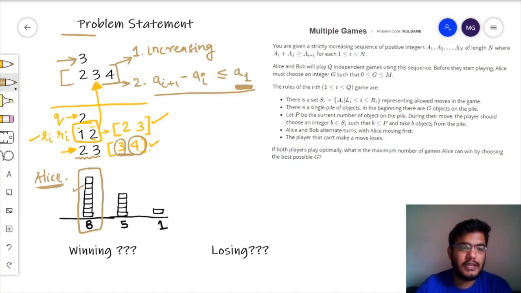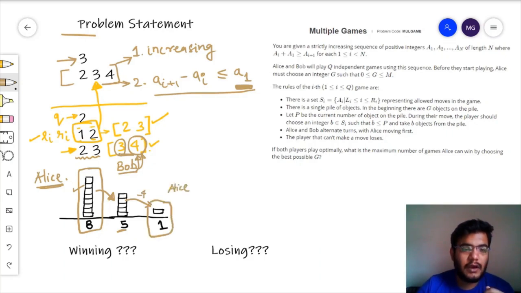Suppose that he removes 3 objects. Now in the next step, the number of objects remaining in the pile is 5. And now it's Bob's chance to play. Similarly for Bob, there are also two possibilities. Either he can remove 3 objects from this pile, or he can remove 4 objects. Suppose he removes 4 objects from this pile, and now it's Alice's chance, and the number of objects remaining